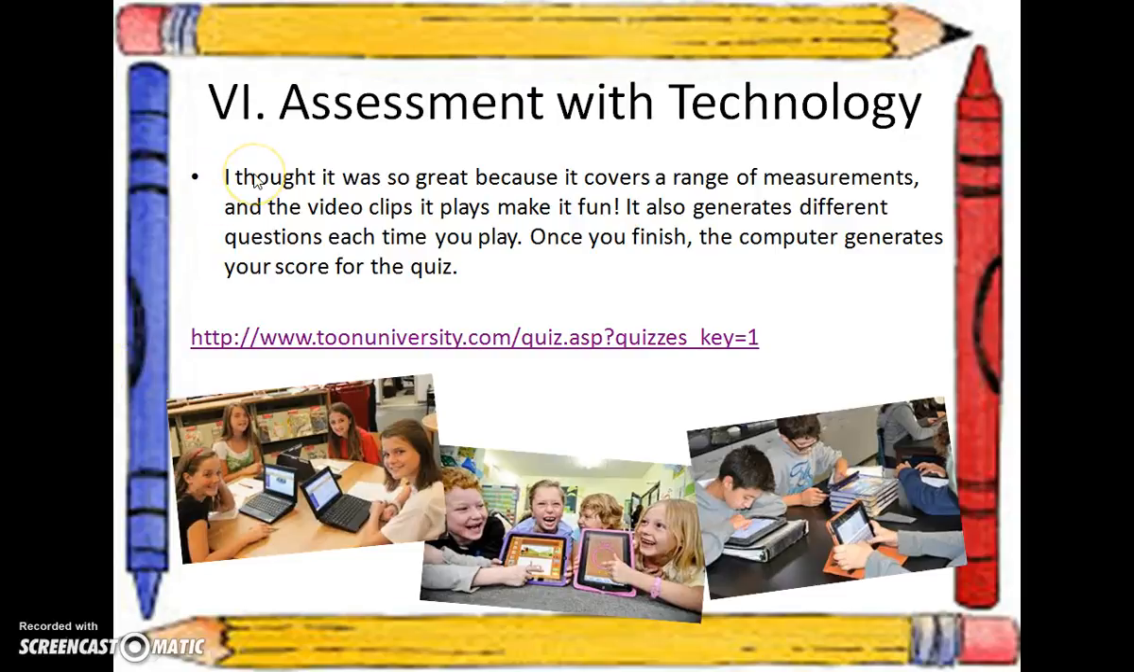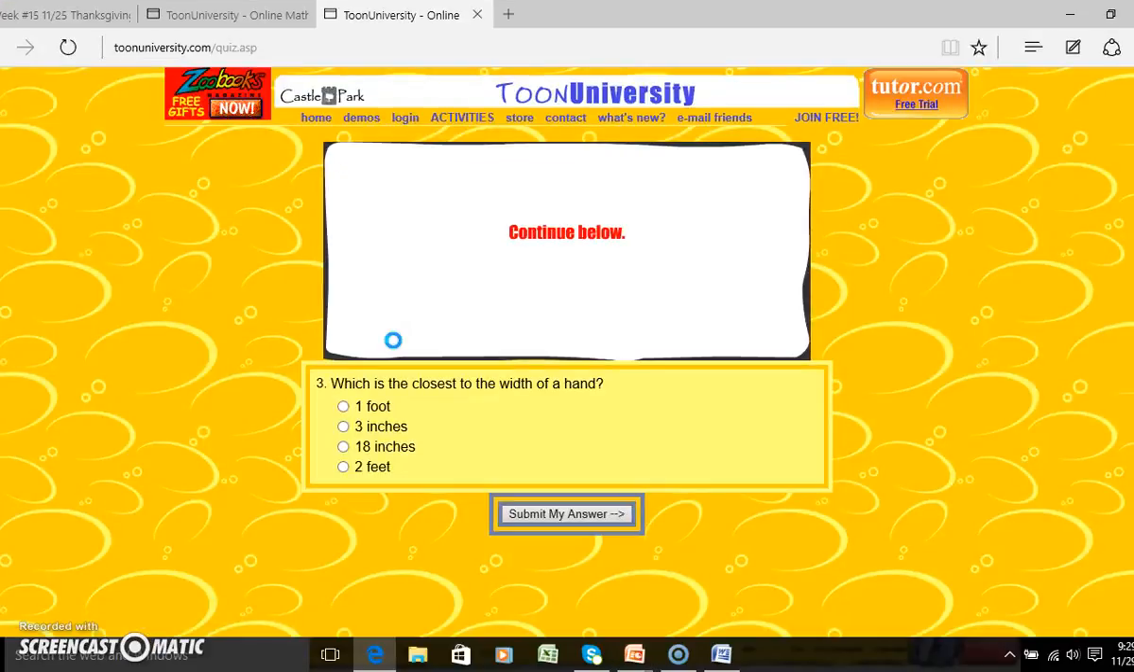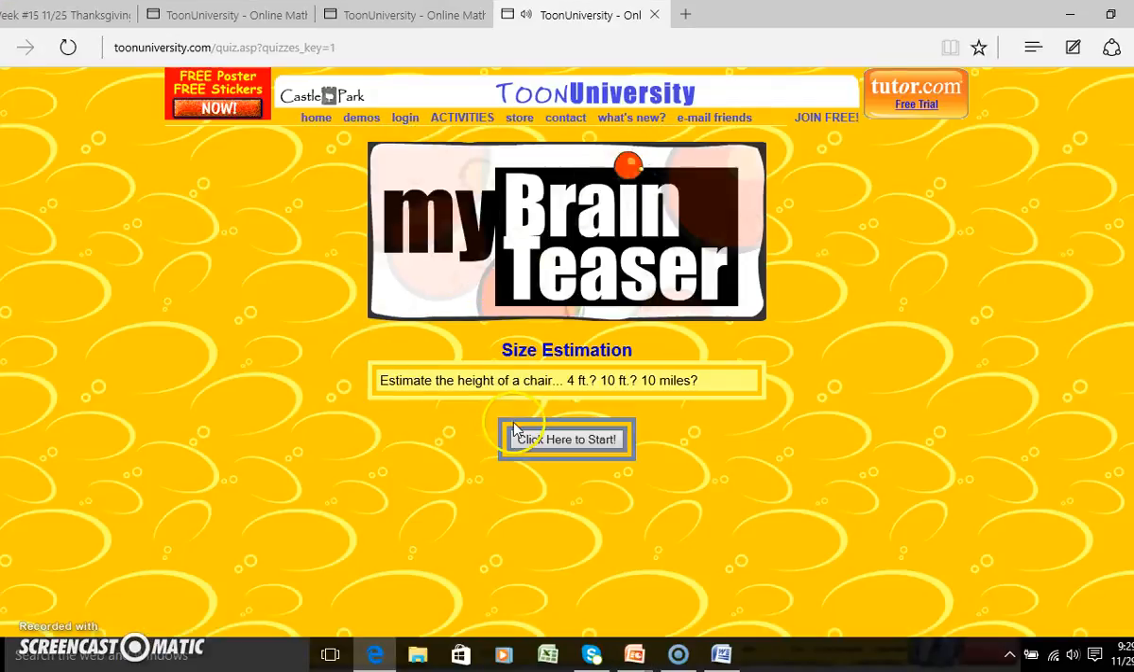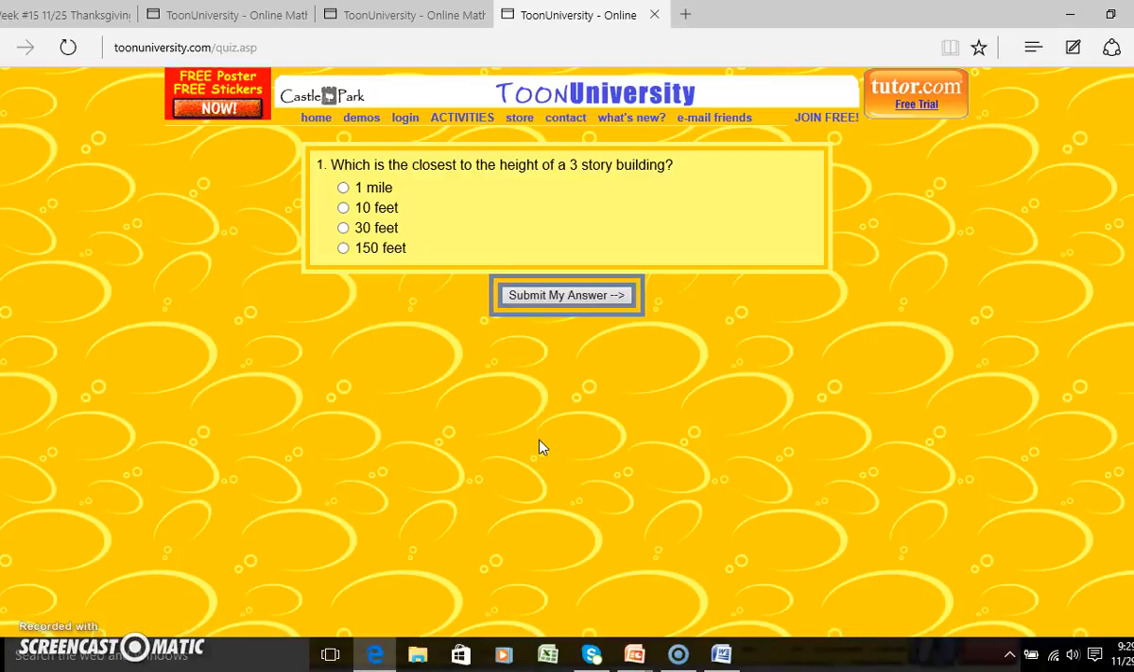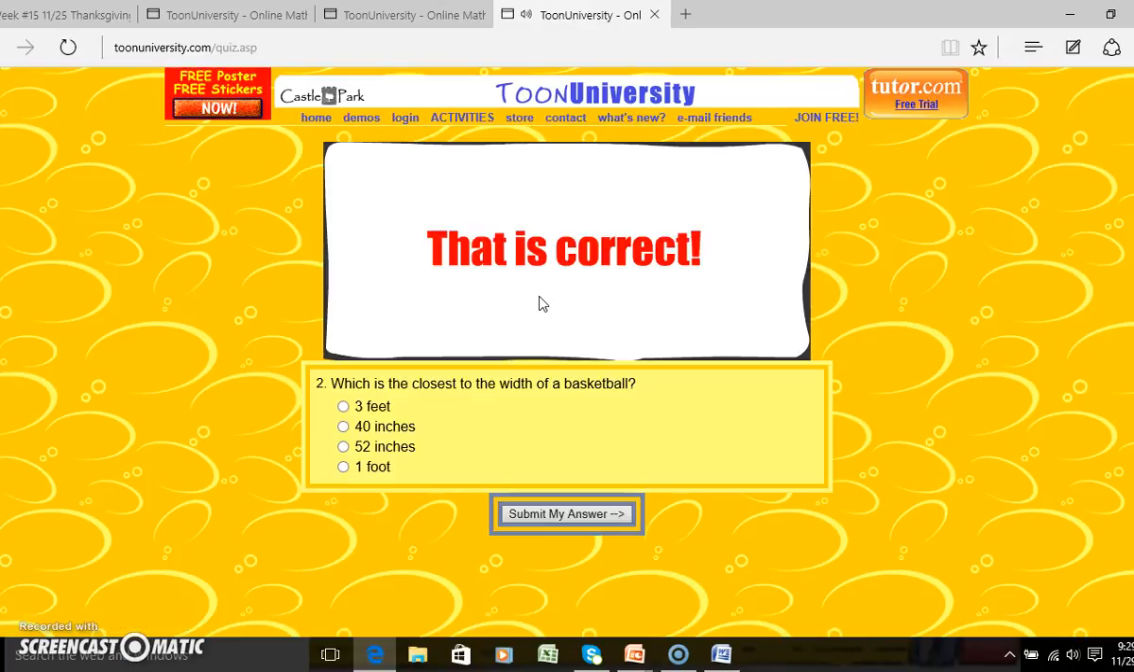The next assessment we created had to incorporate technology into it, and the one that I chose to use is kind of a more informal formative assessment. This is what it looks like, and you would click to start, and then it would ask a question: which is the closest to the height of a 3-story building? And I would say 30 feet, submit your answer, and then it will tell you if it's correct or not,